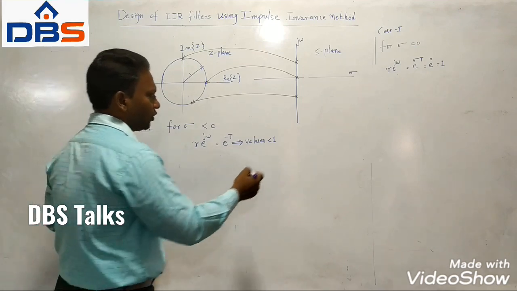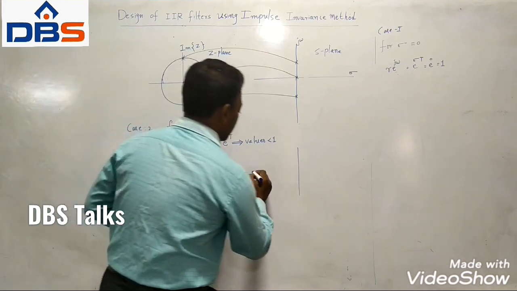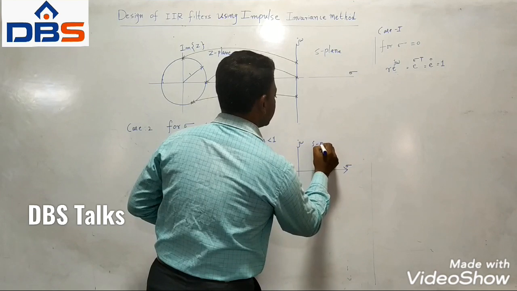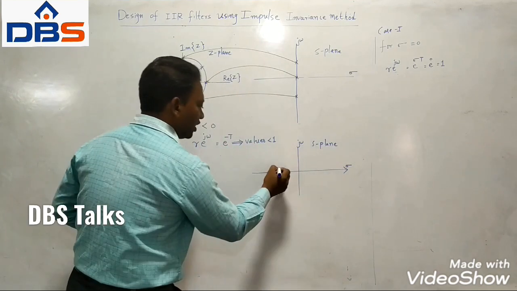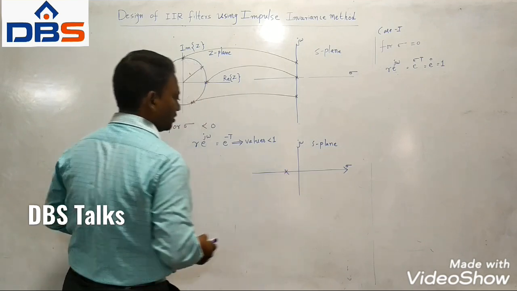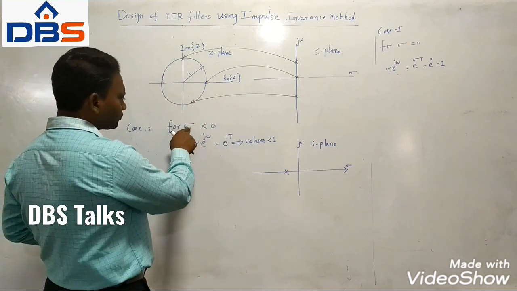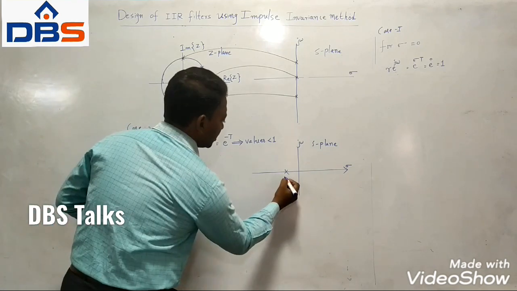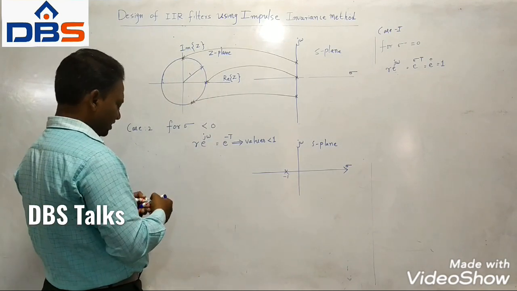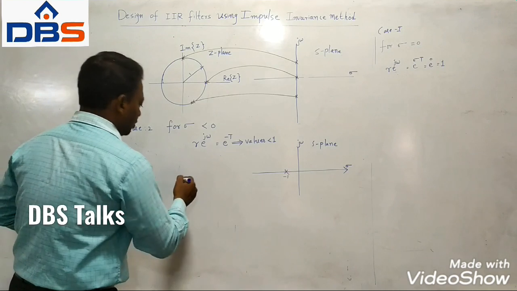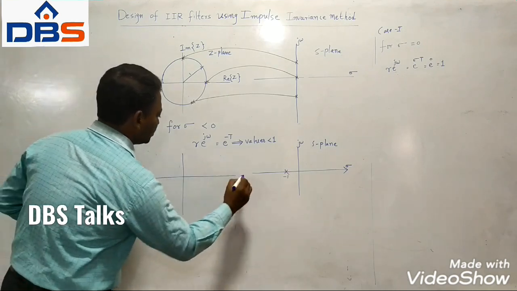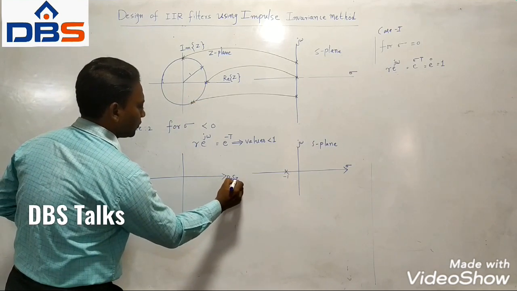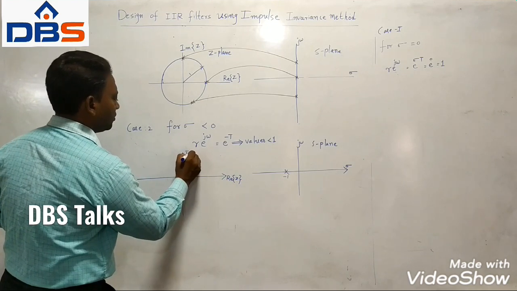So therefore, for the second case, if this is the S plane, sigma and j omega, suppose you have any pole on the left hand side, which means sigma less than 0. You can have multiple poles, suppose located at minus 1, minus 2, minus 3, and so on. You can have any number of poles. Now if you come to the Z domain, that is the Z plane, with real part of Z and imaginary part of Z.